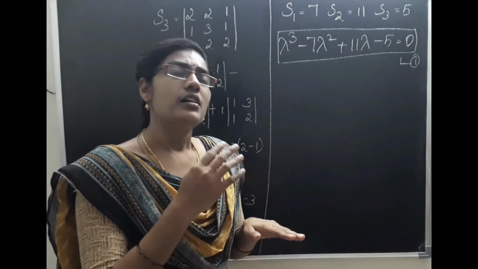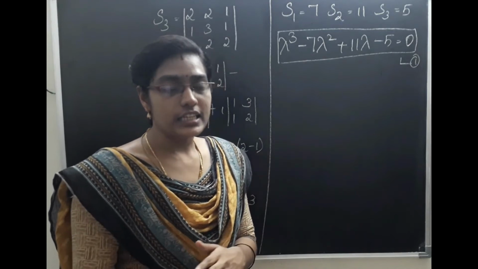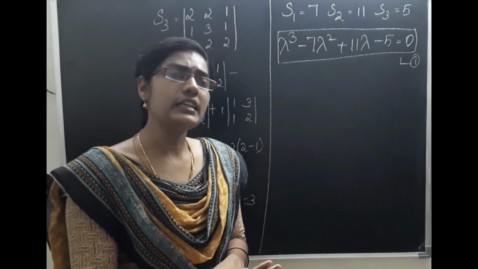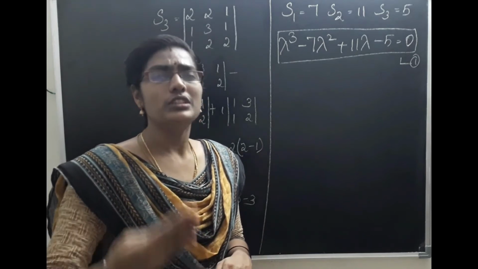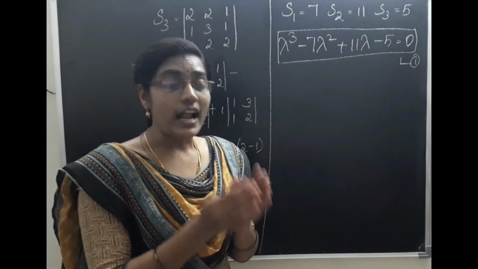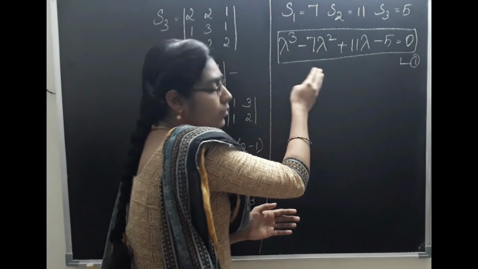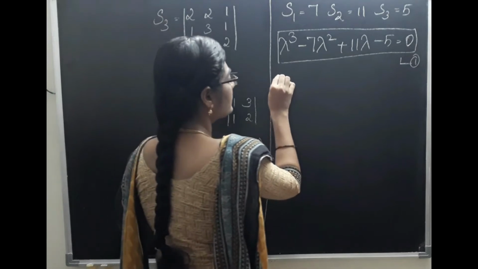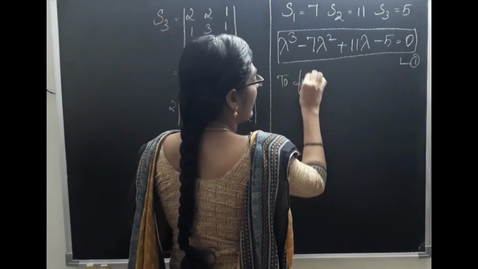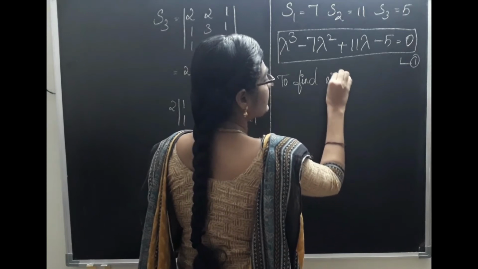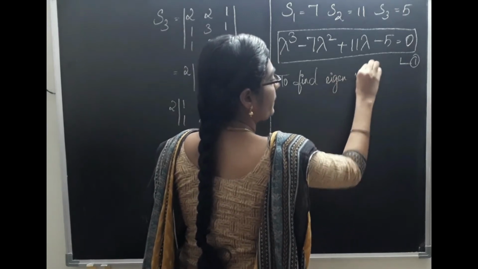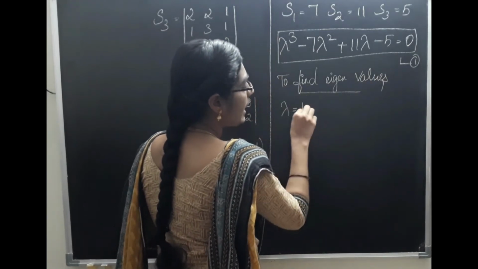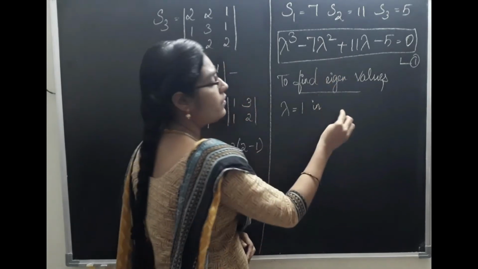If with minus 1 we get this equation equal to 0, then minus 1 is the factor. If in that case also you didn't get it, then you need to move on to 2, minus 2, 3, minus 3 and so on. So the value of lambda at which the whole equation becomes 0, that is the root of this equation. So let me find that first, to find eigenvalues. For this, we will start with lambda equal to 1 in equation number 1.